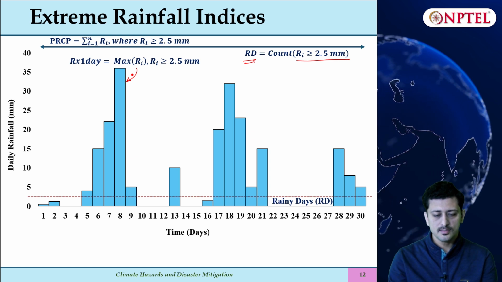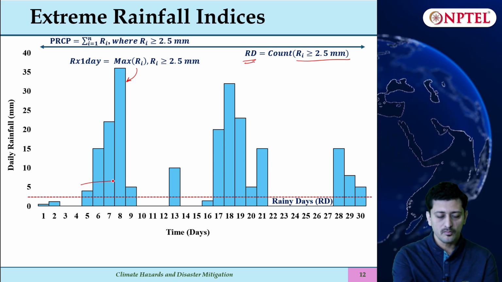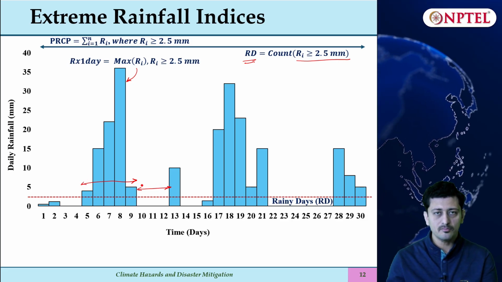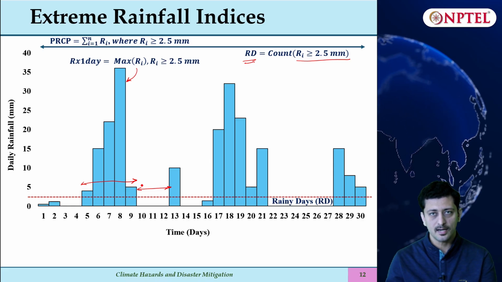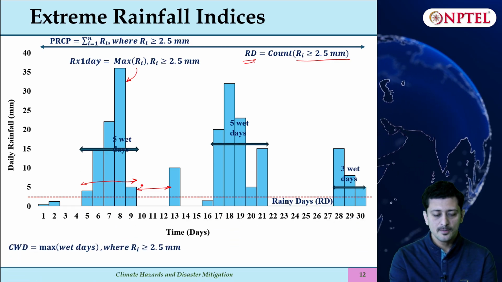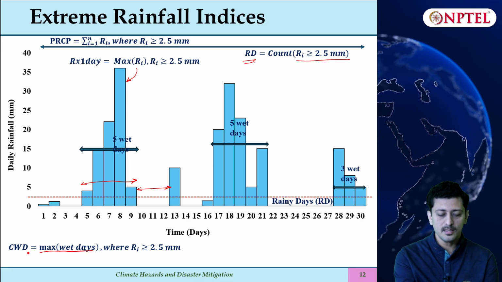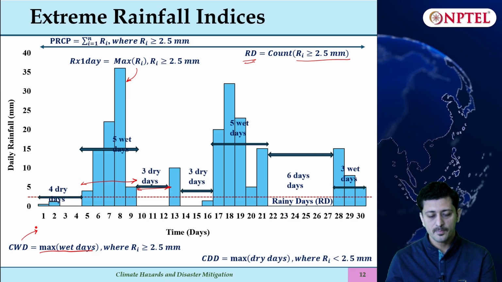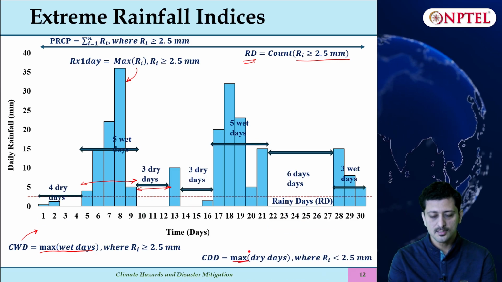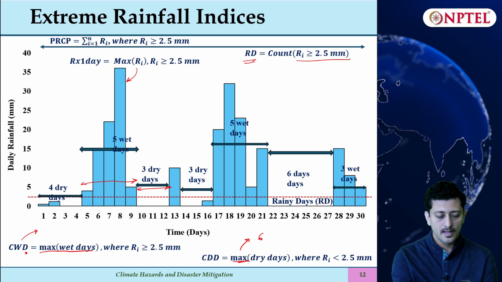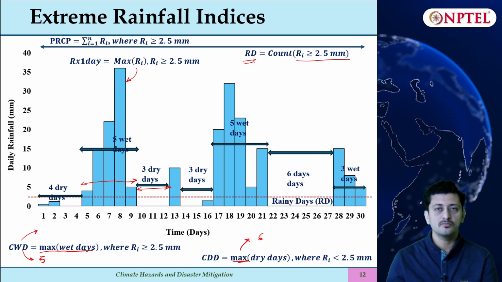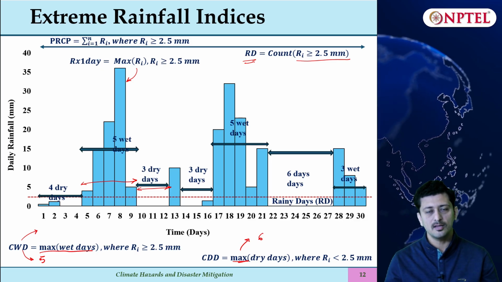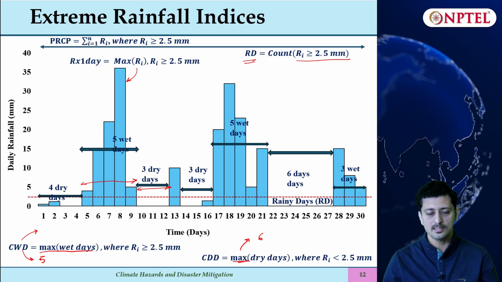Now there are, you can see from the plot clearly, consecutive wet spells and consecutive dry spells. So these can be quantified: we will count the number of consecutive wet days, where rainfall is greater than 2.5 millimeters, and the maximum of those wet spells will be your CWD, that is consecutive wet days. Similarly, you will compute the dry spells, and the maximum of those dry spells will be your CDD. So here the CDD is 6, and in this case your CWD is 5, that is the maximum 5 wet days occur. So this way we also discussed extensively several more indices, and that can be calculated very easily using this approach.